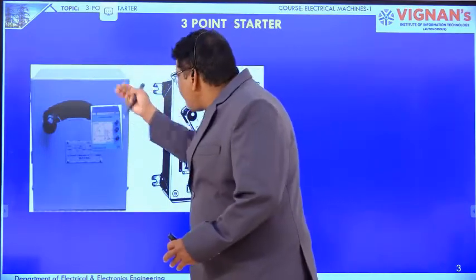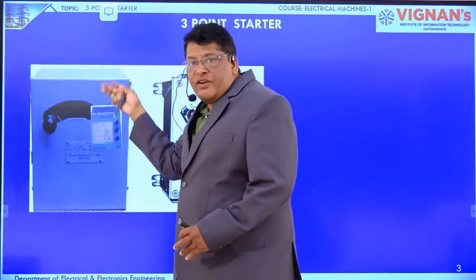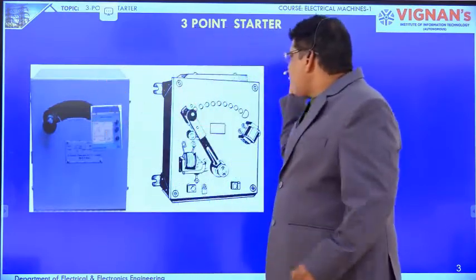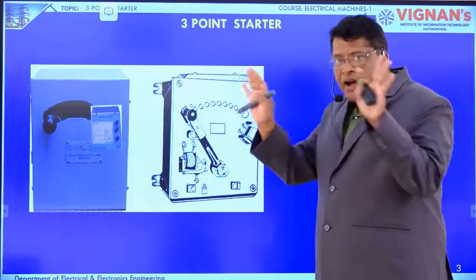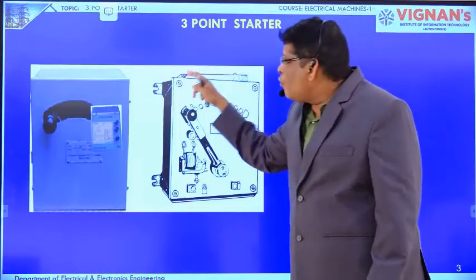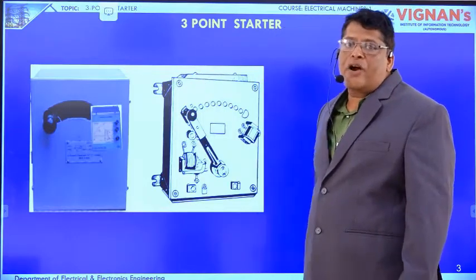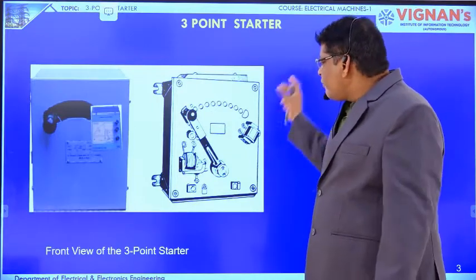Inside, if you open the upper cover, you can see it in this manner. This is the pictorial representation if you open the top cover of a 3-point starter. See here, the different parts are there.